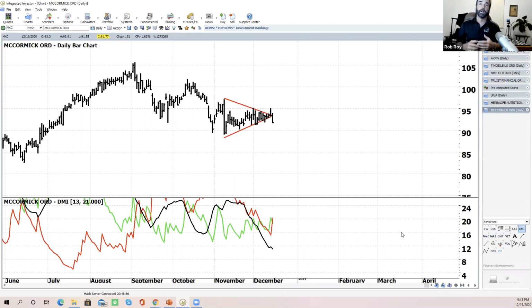What's the difference? The lower the ADX is, the closer you are to a potential breakout move. Because remember, the ADX is measuring the strength of a trend. So when a stock is trendless and it's not moving, that ADX just keeps going down. So the longer the stock consolidates, the lower the ADX goes. Well, the lower the ADX goes, you're nearing the end of that consolidation phase, and the stock's getting ready to break out. That's the value of the ADX when it comes to these triangles and our strangle positions that we use in the